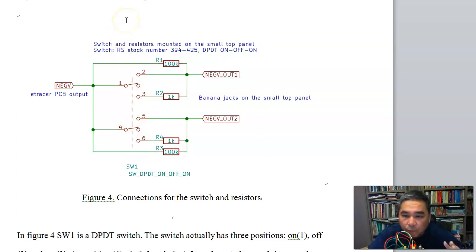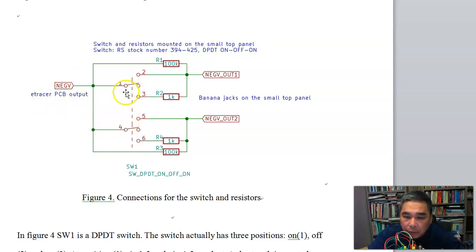It's an on-off-on type, which means besides the 2 on states, it has an off state. Let's number these 3 states position 1, position 2, and position 3. So here, this is the negative output from the eTracer PCB,